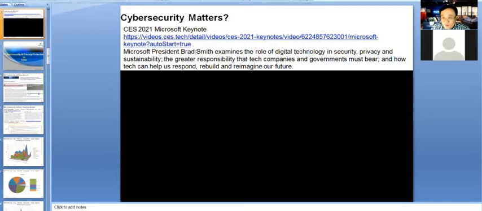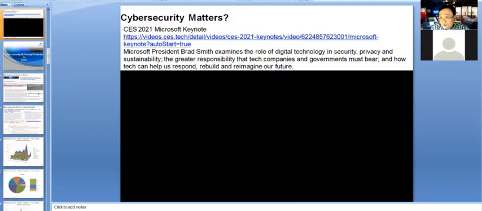But this year's CES keynote by Microsoft was delivered by Microsoft President Brad Smith, who is a lawyer. He is the chief legal officer at Microsoft. Like me, I'm a technologist with a PhD in technology, and I also attended law school and am a New York State attorney. He was at Microsoft, a technology company, for a long time as a lawyer, and he delivered the message about what the focus will be in digital technology.